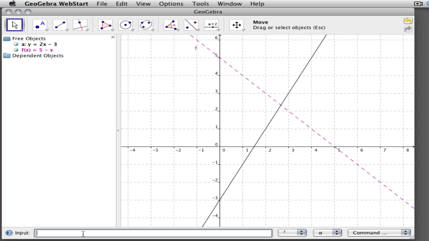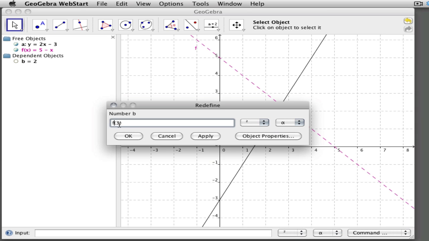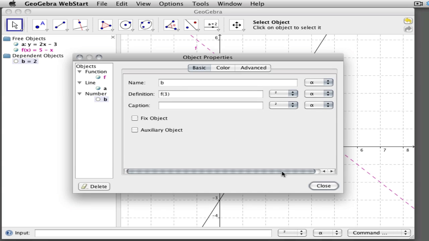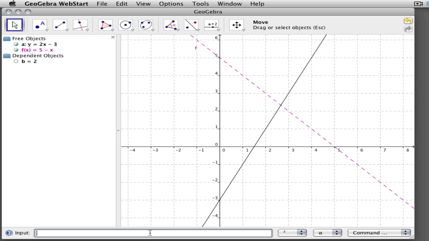If I ask GeoGebra for f of 3, under dependent objects I'm told that f of 3 equals 2. To check where this dependent object came from, I can double click on it and see that that's plugging 3 into the f function. To plot that point, I would choose a new capital letter,